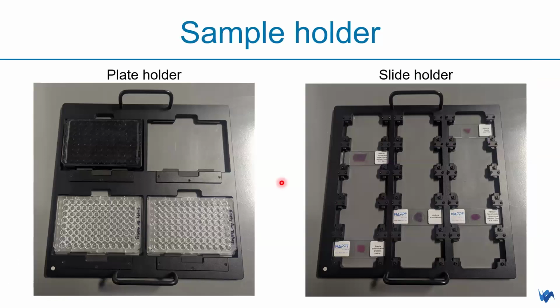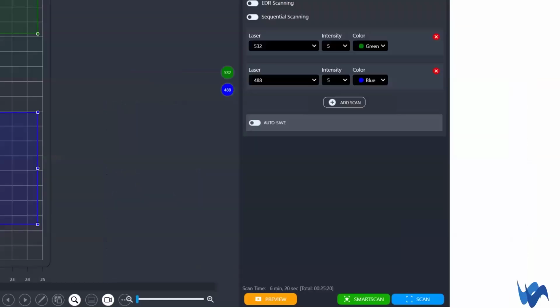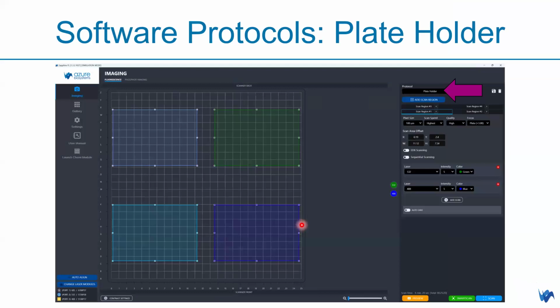We also have a sample holder, a plate holder and a slide holder. In the Sapphire FL there is a preset protocol where you select the plate holder, and the scan region will automatically display in the scan software. You can see here, on the bottom right, every single 96-well plate or microplate. Scanning at 100 micron resolution will only take around 7 minutes. It is simultaneous scanning, meaning all 3 channels at the same time take 7 minutes for every